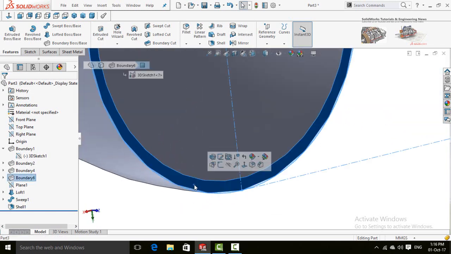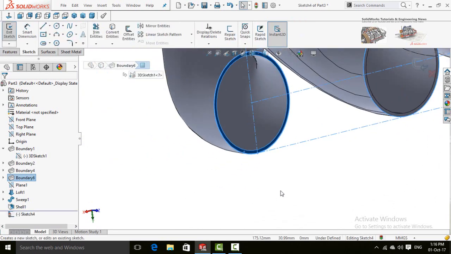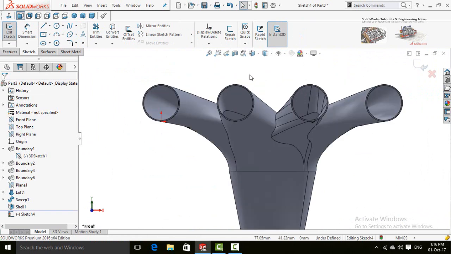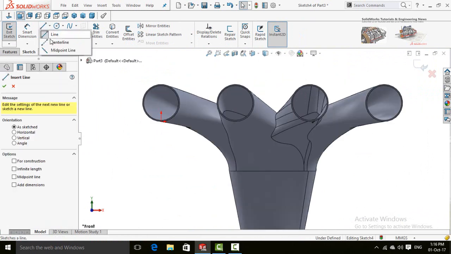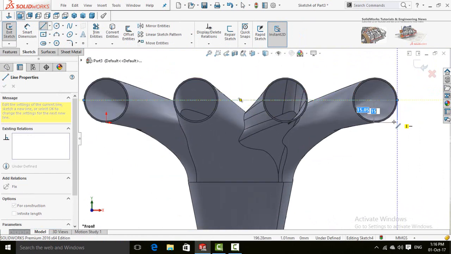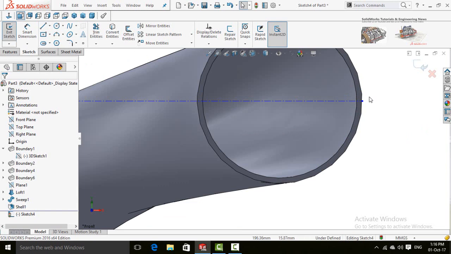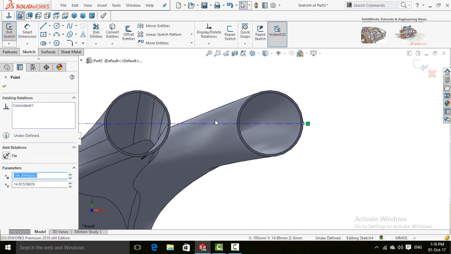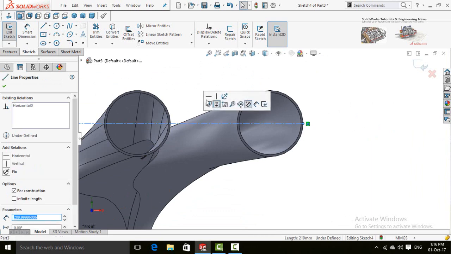Now click on this face and sketch on it. Make normal to. Draw a center line. Like this. Click on this line and select make horizontal.